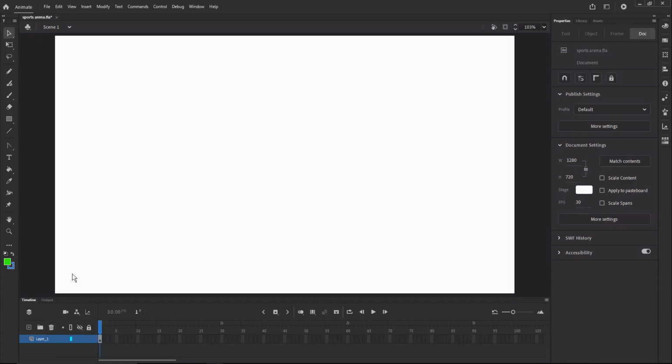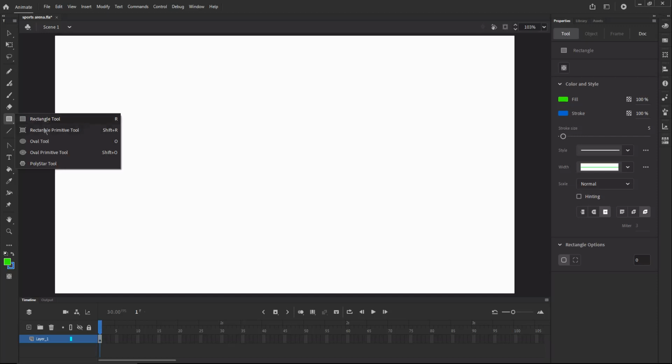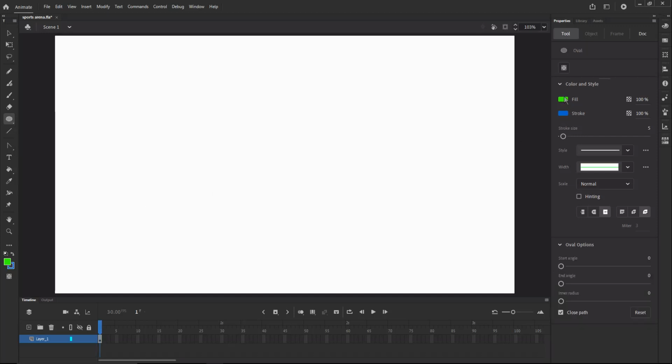Okay, so if you decide that you want to make something like the racetrack, there's a couple ways that you can do it. Here's one of them. I'm going to start with the actual track. So I'm going to use the oval tool. I'm going to set my fill to white, change my stroke to black, and I'm just going to draw a